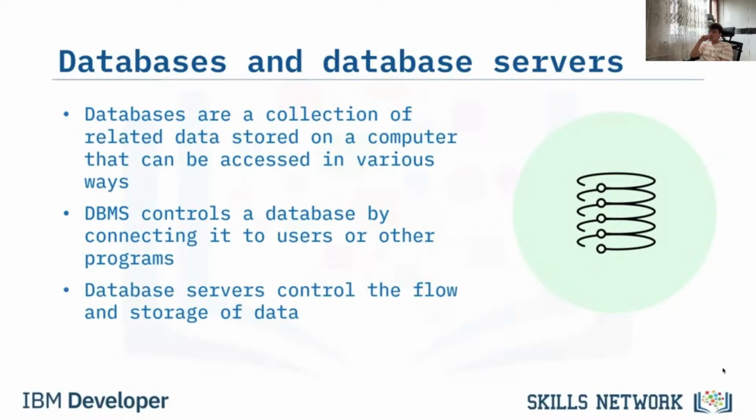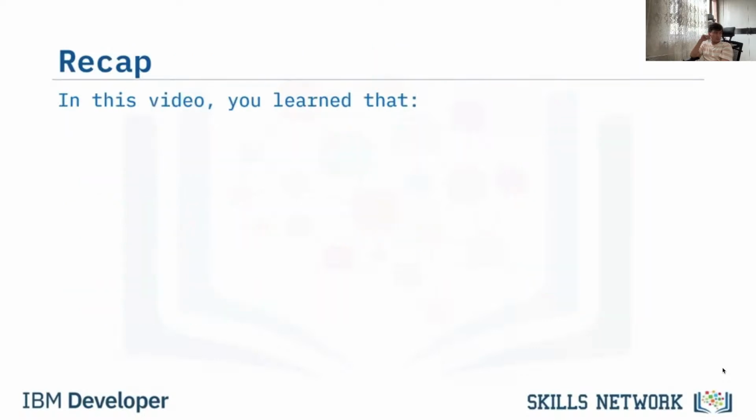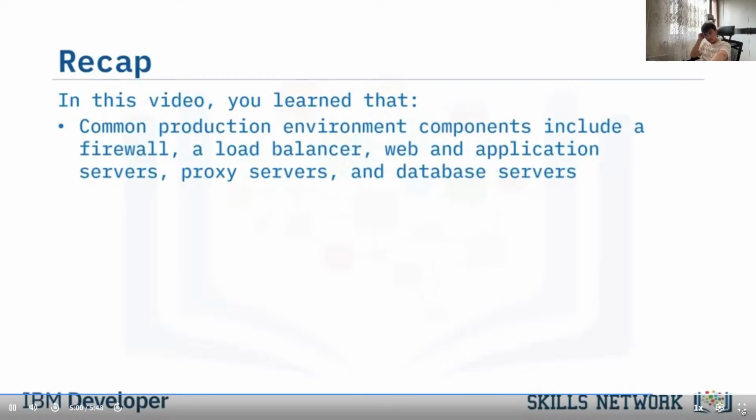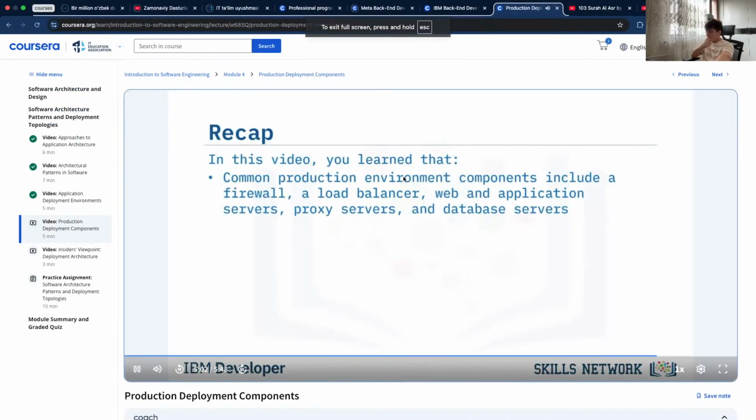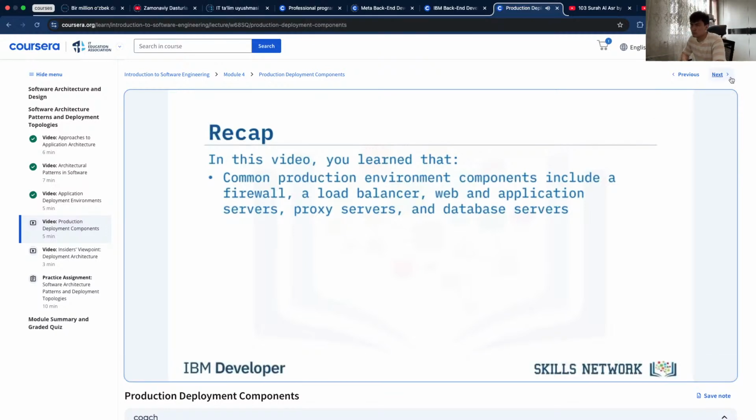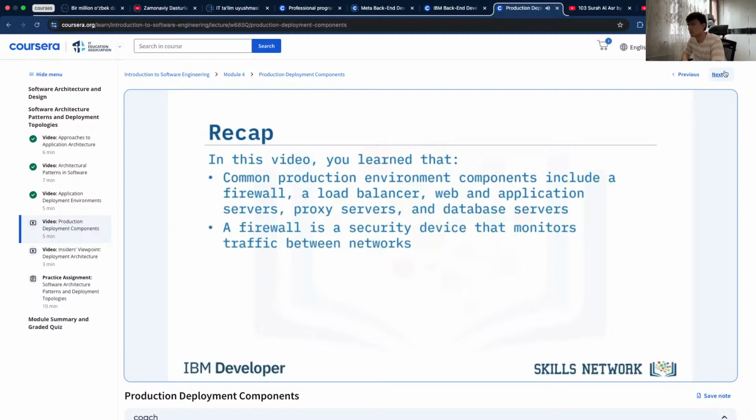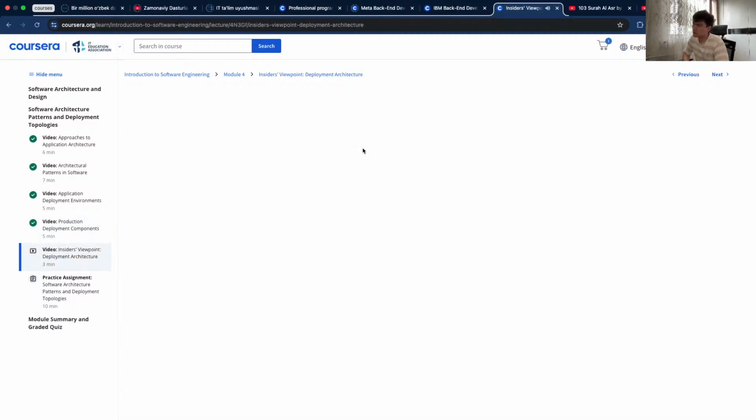In this video, you learned that common components needed for a production environment include a firewall, a load balancer, web and application servers, proxy servers, and database servers. A firewall is a security device that monitors traffic between networks. A load balancer distributes